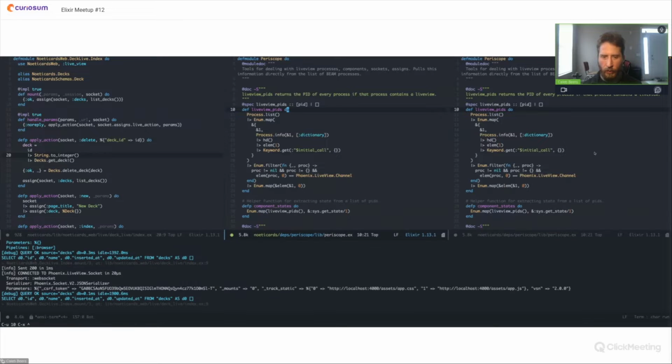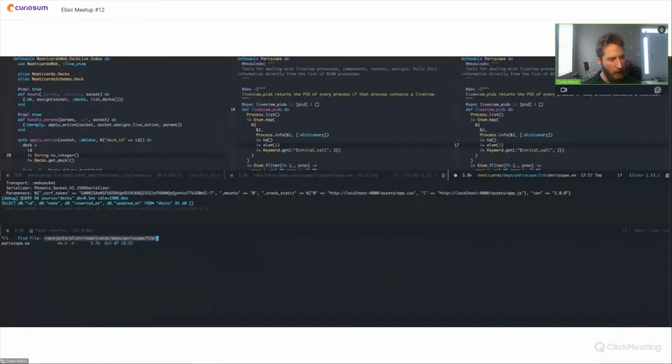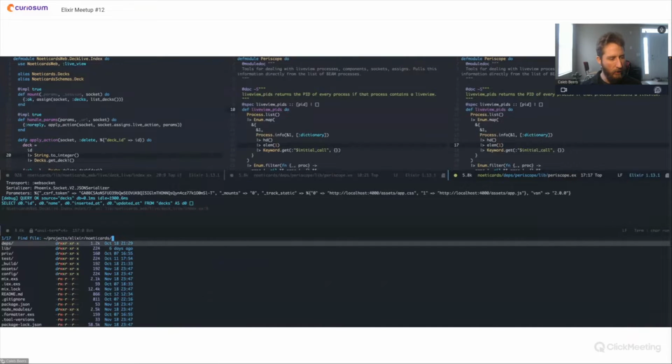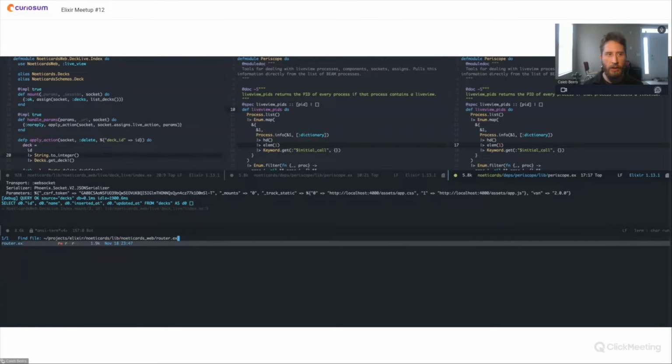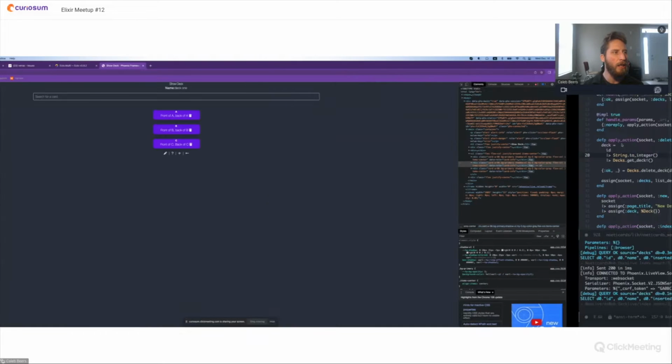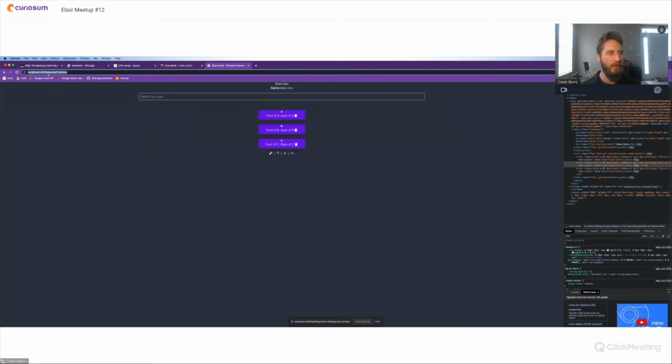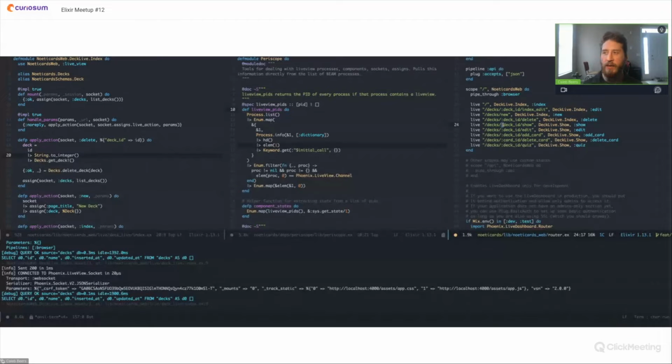Now, developers who are a little bit more savvy, and you can all see my Emacs here, would come in and go to the router. Let me find the correct router here. So they come in, they go to the router, and then they go, okay, this URL, we have localhost 4000, and it's just /decks/:deck_id/show, where deck_id is an ID. Okay, here's the module. And then they go to the module, right? So they go to deck